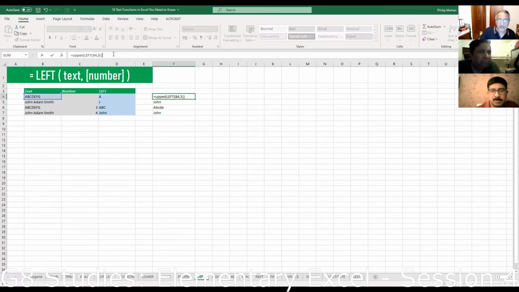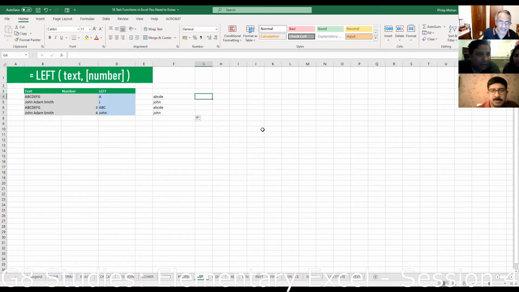Okay, it'll give the same effect. Upper is like this. All of them become upper, or you can do lower. So you can do a combination, but can you do left and right together? I don't know. Let's try. What are the other ones? Lower, right? Lower will give all in small letters. There you go. Can you do left and right together?